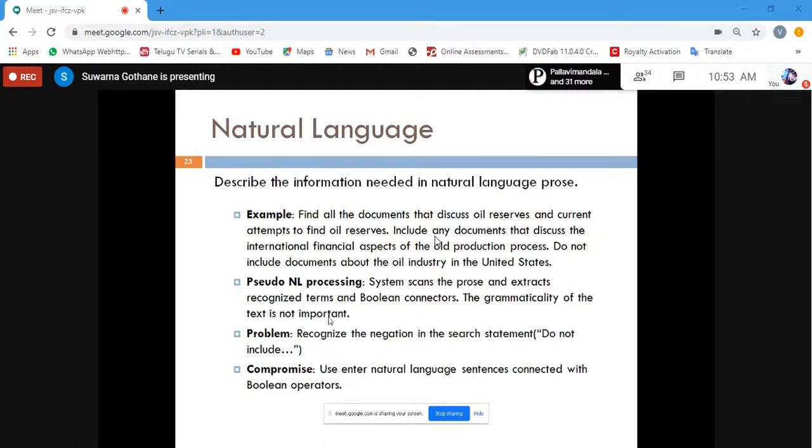If you are not interested in a particular item, you can use Boolean operators to handle negations, or the NOT operator. So natural language means always remembering the query that you fire on your computer.